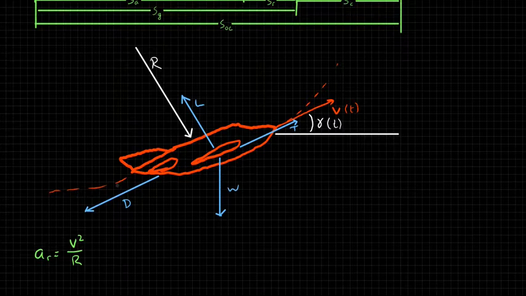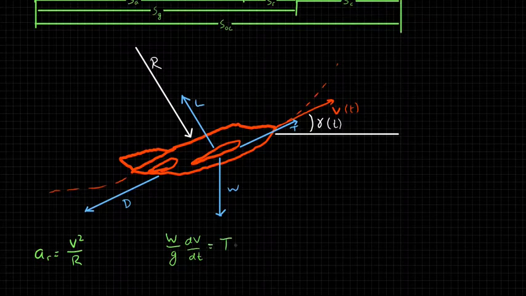Well, let's go ahead and apply Newton's second law to balance the forces here. Remember, we're going to say that the mass times acceleration is the sum of the forces. So let's look at the direction of flight first. We do have acceleration because our velocity is changing with time. So mass times acceleration, where mass is the weight divided by gravity, times the acceleration, which is dV/dt, and that equals the sum of the forces.